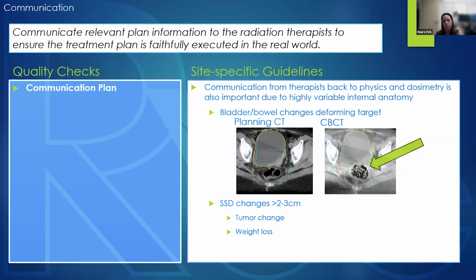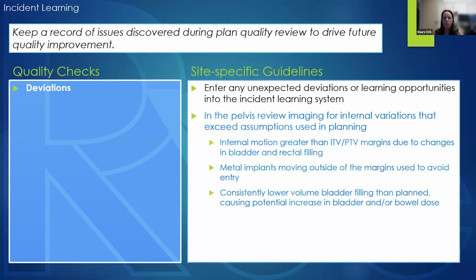So when there's SSD changes greater than 2 to 3 cm, that should be communicated back to the physics team to evaluate tumor changes, weight loss, and how that affects the calculation of what was planned. For incident learning, we want to ensure communications and that everyone learns from any unexpected deviations or learning opportunities. So it's good to have an incident learning system where you can track and reference things that happen and that you can learn from. In the pelvis,